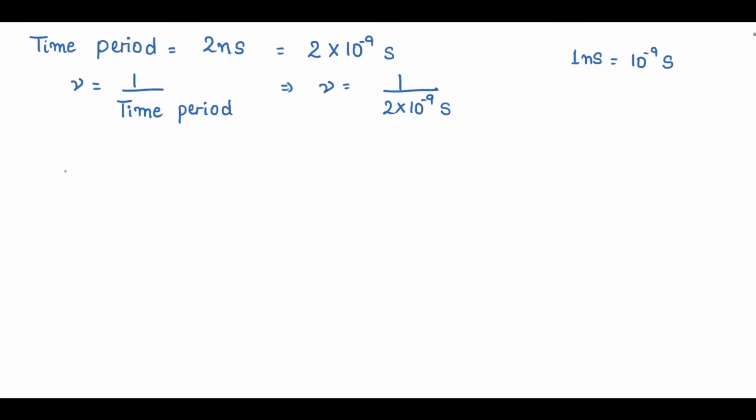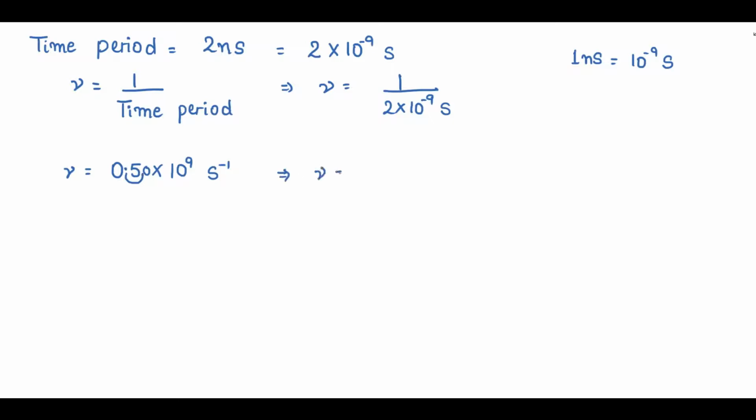1 divided by 2, it will be 0.5. This 10 raised to power minus 9 is negative in denominator. When I'll take this value in numerator, it will change its sign. So it will be 10 raised to power 9 and this second will be second inverse, right? I just want to convert this 0.5 according to the scientific notation, right? For this, I'll assume 0 over here. So according to the scientific notation, there should be one non-zero digit on the left side of the decimal. For this, I'll displace this decimal up to 1 digit, right?